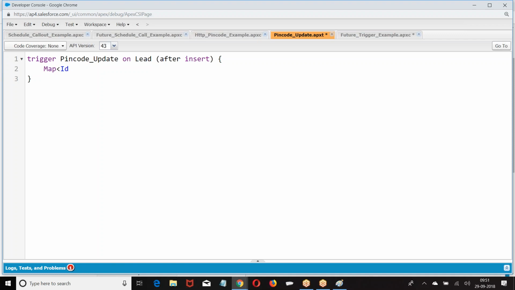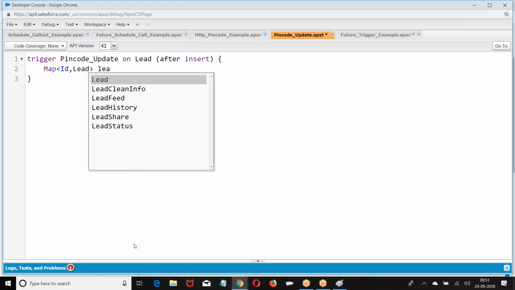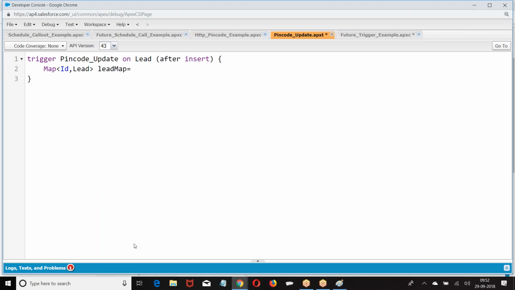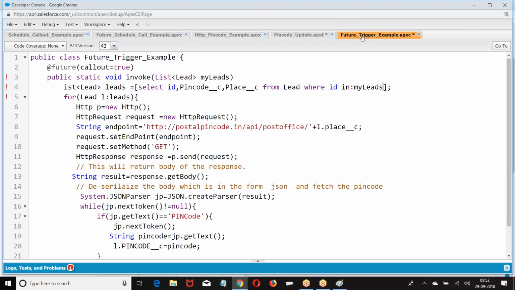So what I'm doing, a Map of ID comma Lead, and a Set of ID.